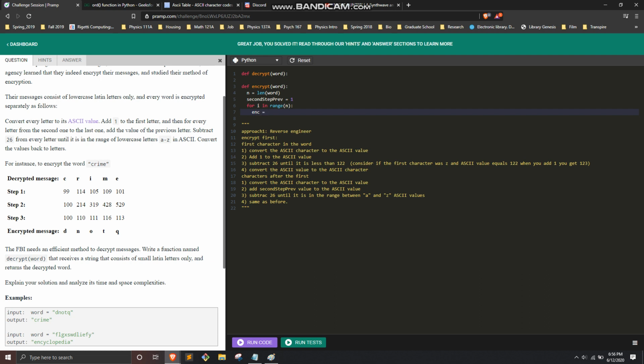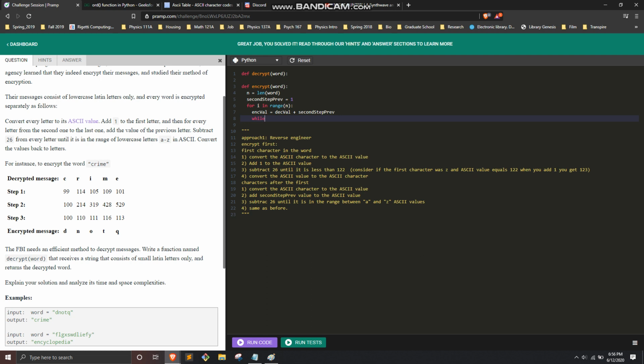Let's just say the encrypted ASCII, or the encrypted val, is basically going to be decrypted val plus second step prev, right? It's 1 initially, and then while it's greater than 122,